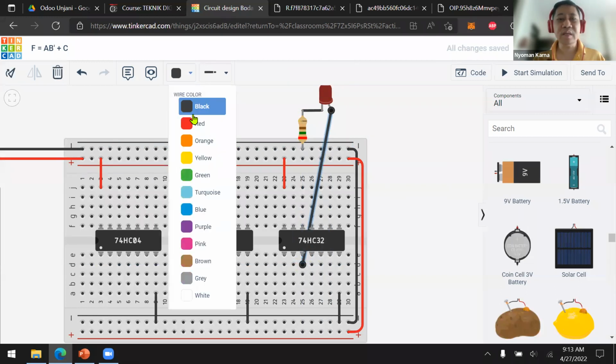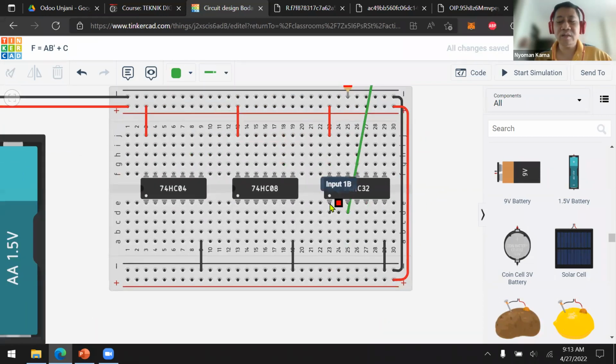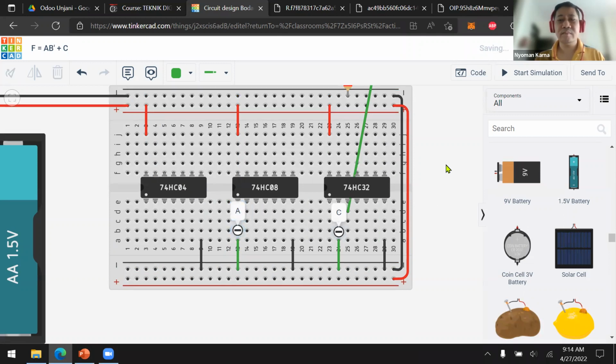Let's give it a new color. And let's say this one is C. So we're going to put C in here. So this one is C. And then this one is A B naught. So A in here, A times B naught.